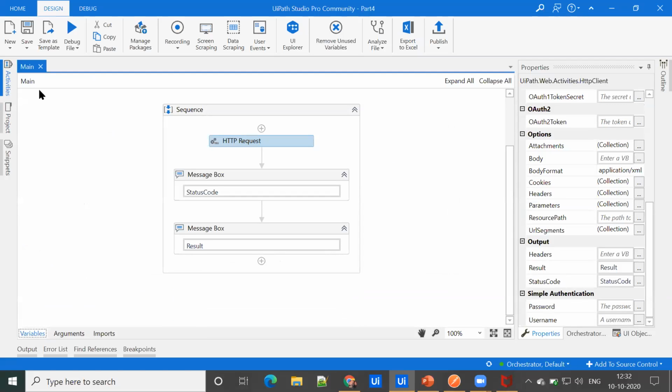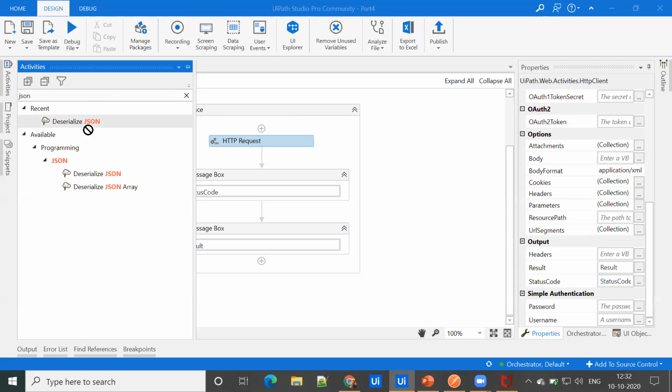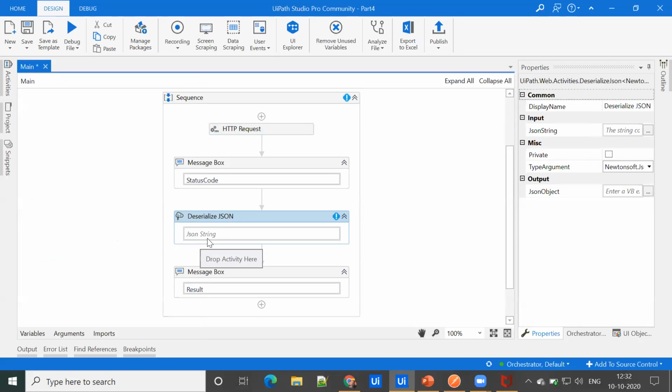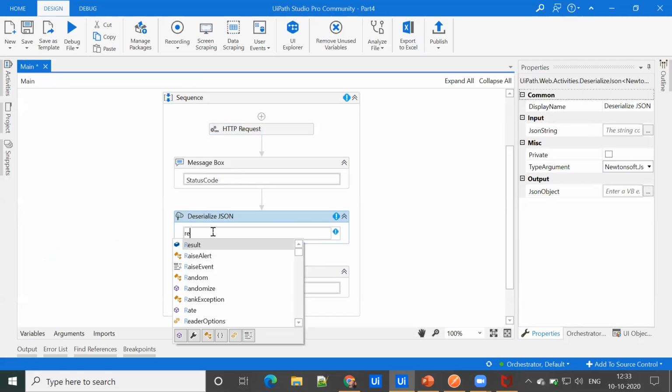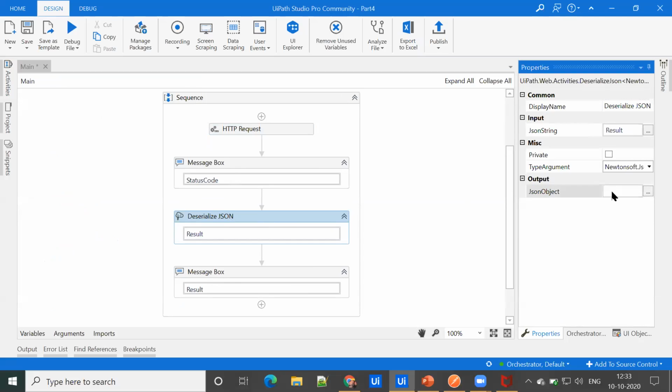To do that, we have a Deserialize JSON activity. So let's drag it here. What does the Deserialize JSON activity do? It accepts the string format and converts the data into a JSON object. So in our case, result will be the string, and let's create a JSON object.